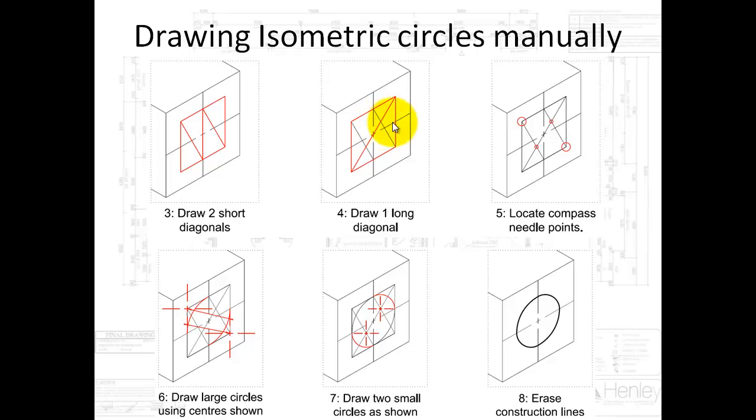After having done that, we've now got some compass needle points. So the intersection of the long and the short diagonals make these little compass points here, and the outer points of the rhombus will make our big circles. So from those outer edges we're able to describe an arc here and up there, and then with the smaller center points we're able to describe small arcs there and there. After erasing the construction lines you get a reasonably neat